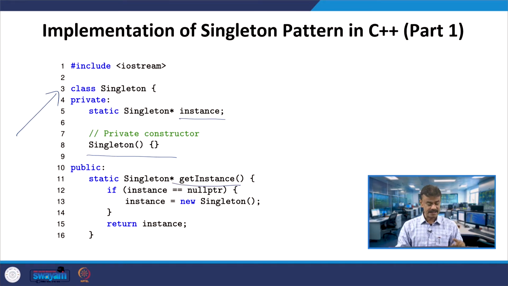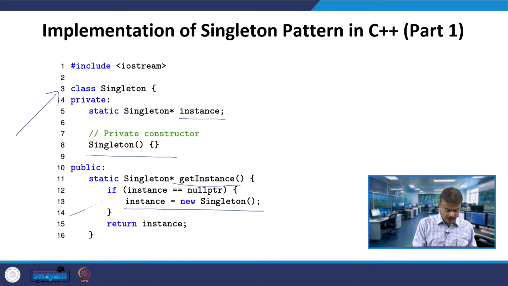This is checking if instance is equal to nullptr. If the instance is pointing to the null pointer, that means there is no instance. If there is no instance, you create the instance. In line number 13, you are creating an instance, new Singleton, which calls the constructor. If it is not required, because the instance is already there, you are returning the instance.